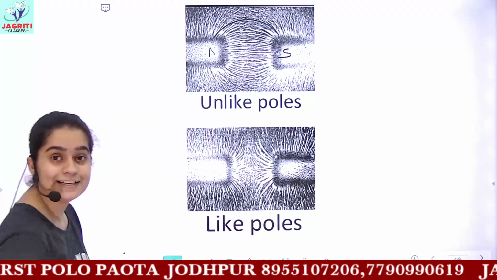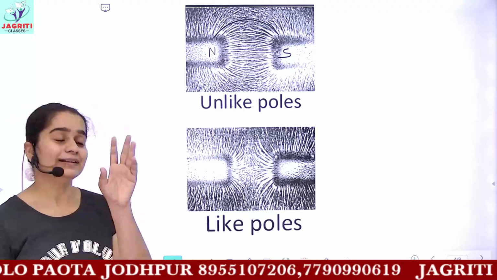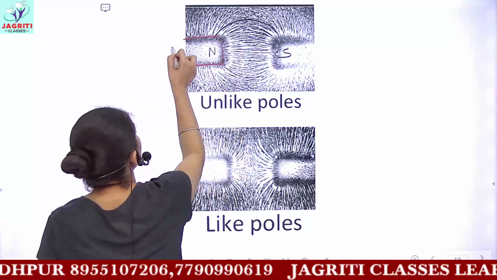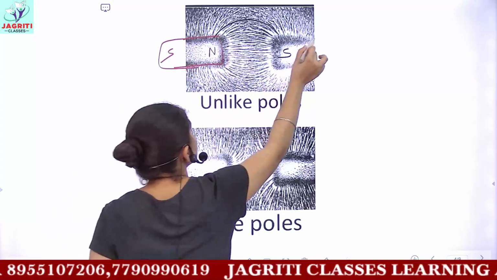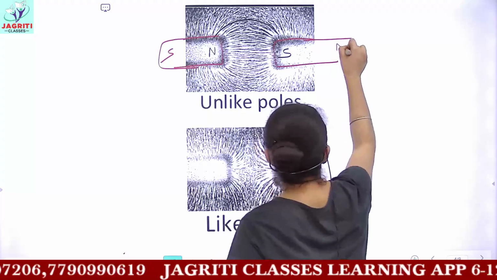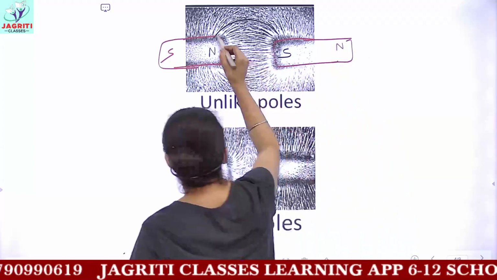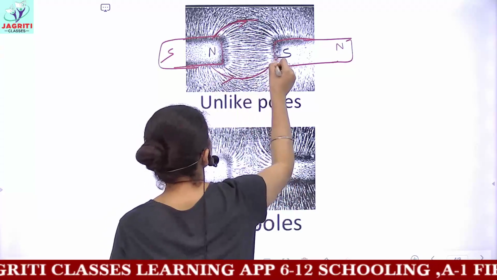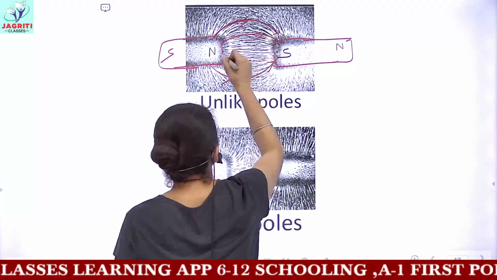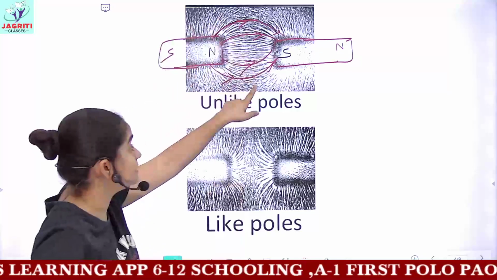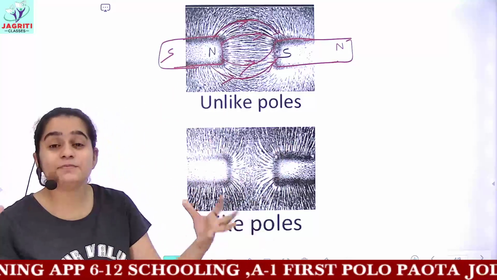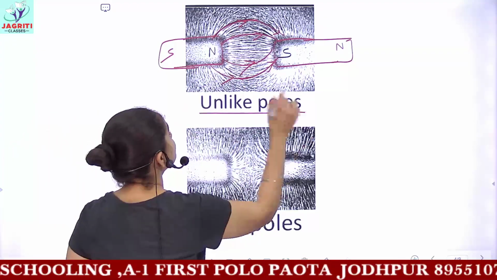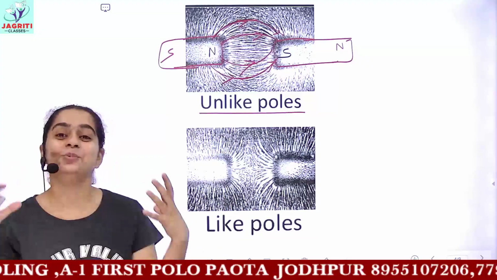We all know this, that magnetic field lines, I told you, they move from north to south, but they move away from the north. So this is one magnet which would have a south pole also. This is our second magnet which has a north pole somewhat behind, and magnetic field lines move away from the north and towards the south. So you see the direction of magnetic field lines is again in the form of circles. That means they would attract each other. So for unlike poles, due to such direction of magnetic field lines, both these poles attract each other.